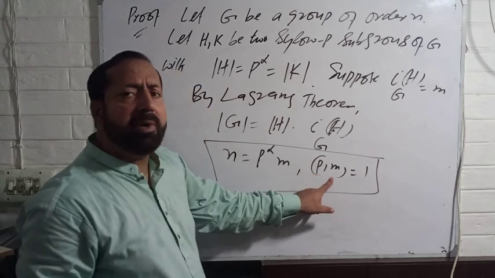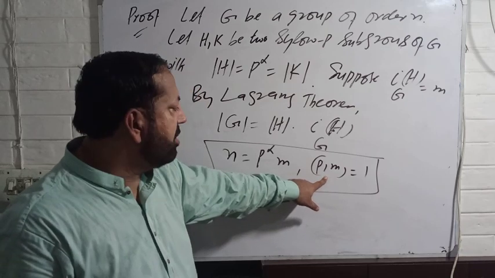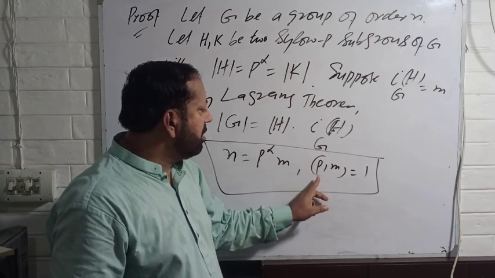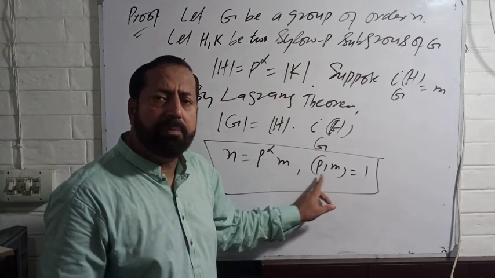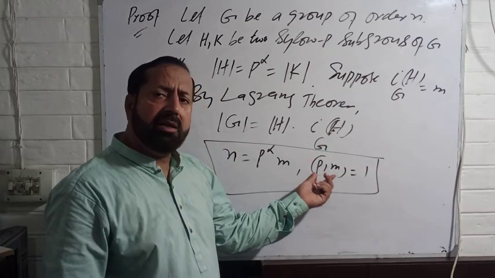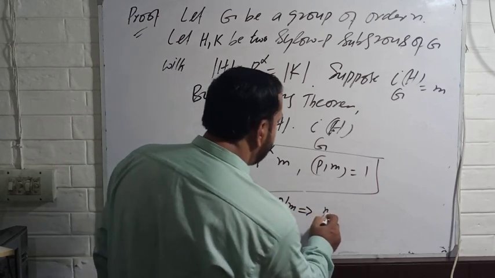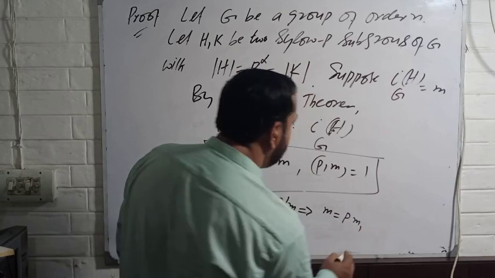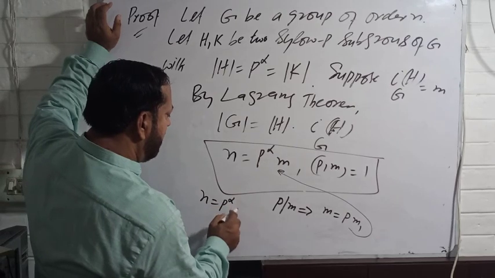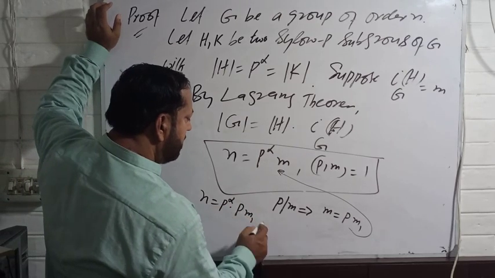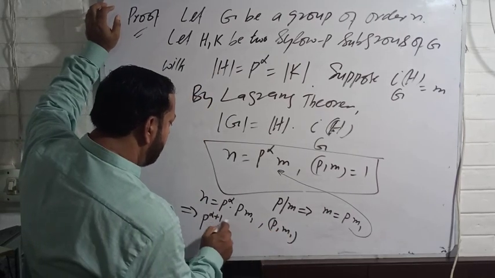Okay, if they are not relatively prime, in the last lecture I elaborated that for the relation between a prime number and any other number, either P and m are relatively prime or P is a divisor of m. If P and m are not relatively prime to each other, then P would divide m, so this implies m would be equal to some P m1, and if you substitute here, you will get n is equal to P power alpha into P m1, with P and m1 relatively prime, so this implies P power alpha plus 1 would divide n,